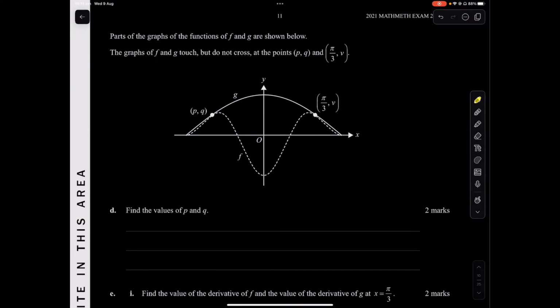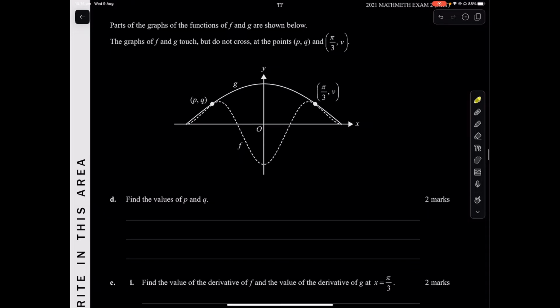Parts of the graph of the functions f and g are shown below. The graphs of f and g touch, but do not cross, at the points p, q, and pi over 3, v. Find the values of p and q. Okay. Because they're symmetrical, you can see that they're symmetrical, your p-value must be negative pi on 3. And your q must be,